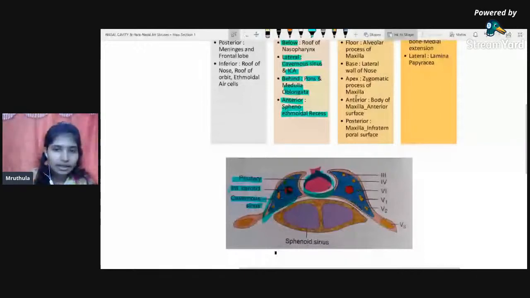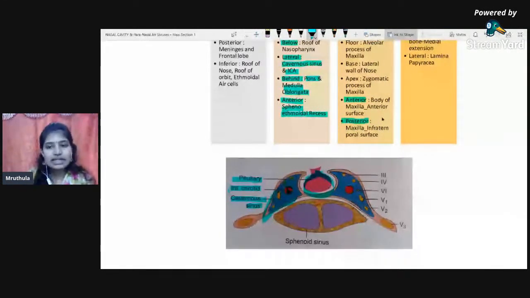Anterior is formed by maxilla. It is also formed by maxilla, the big bone. Anterior is formed by the body of maxilla, the anterior surface of the body. And posterior is formed by the infratemporal surface. Now if you want to understand that, you should definitely know about the maxilla bone. So for now, just remember anterior relation is formed by the anterior surface of the body of maxilla, and posterior is formed